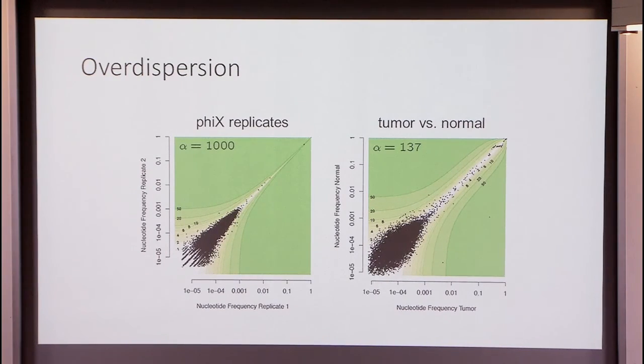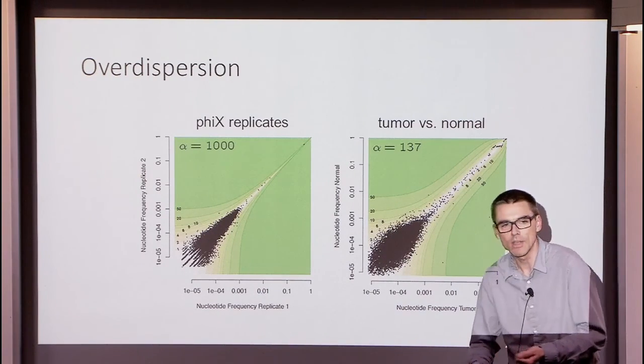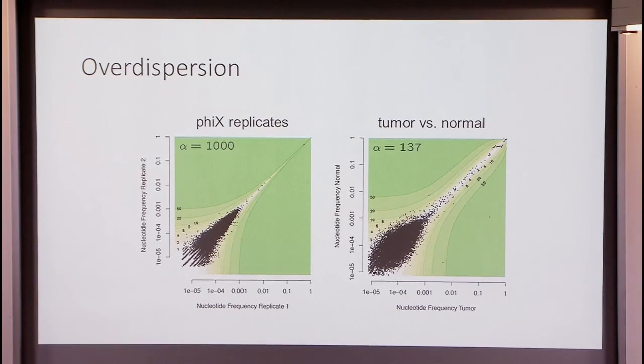There's more spread at these low frequencies, and in particular, there's many points up here that would, under a binomial model, give you a call. So all of these, many of the low frequency, but including many of higher frequency variants, would end up being called, and they would end up as false positives. And here we have a smaller value of alpha. So the reason for this is that in the whole experimental pipeline, there's much more going on than just sampling. I mean, binomial distribution just accounts for sampling, but there's much more going on here. And it's extremely important to account for this, otherwise you end up with huge amounts of false positives.